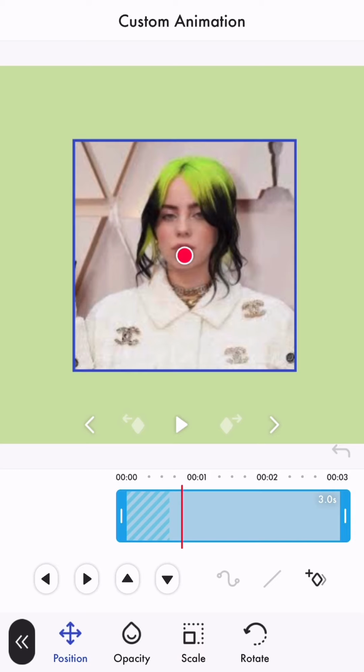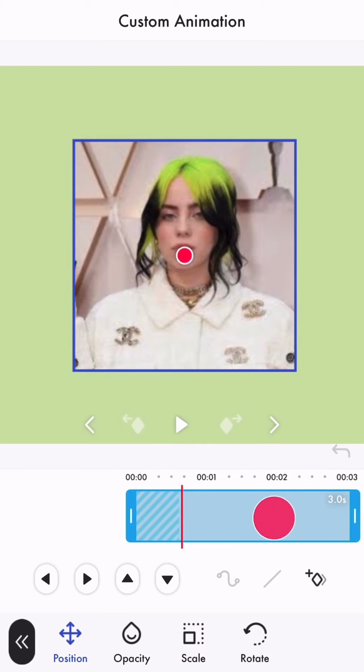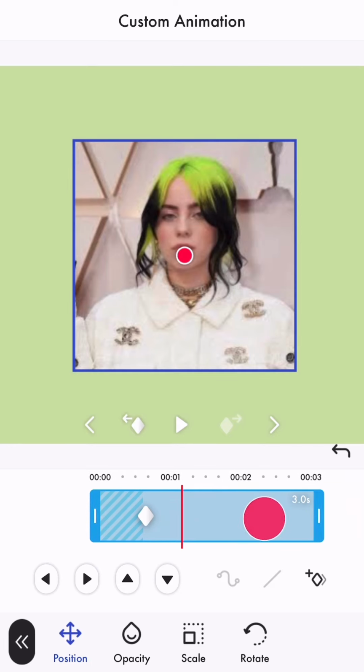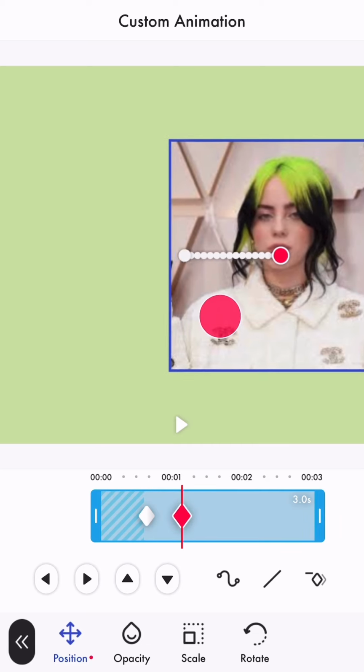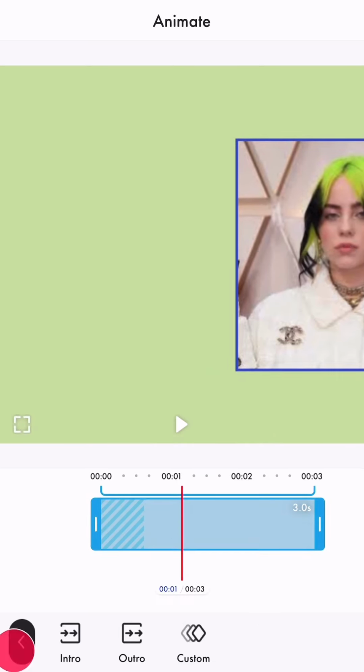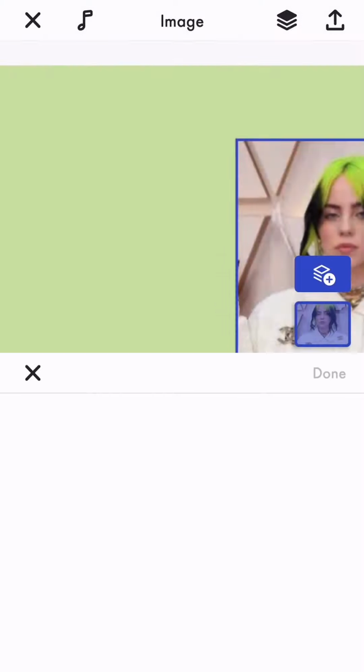And we will be moving that picture to the right halfway. But first, go ahead and add your main point, which is the middle. And then I'm just going to add my second point and then move it to the right halfway. That looks halfway to me, so for now we are just going to leave it at that and add our